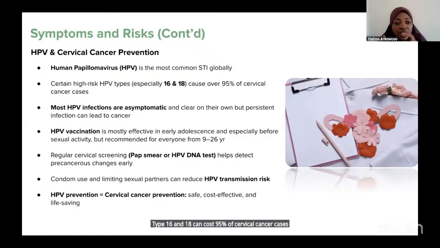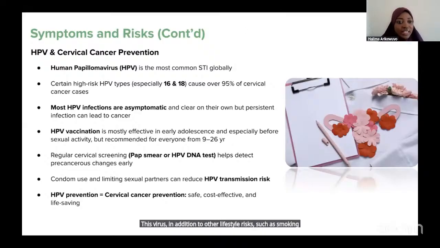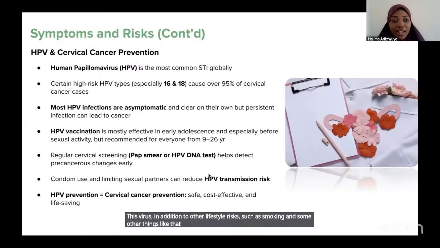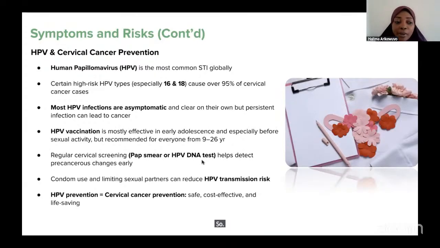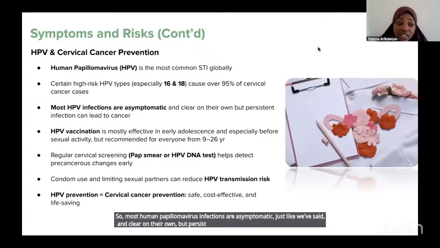This virus, in addition to other lifestyle risks such as smoking, all put together could raise cervical cancer risk. Most human papilloma virus infections are asymptomatic and clear on their own, but persistent infection can lead to cancer. HPV vaccination is mostly effective in